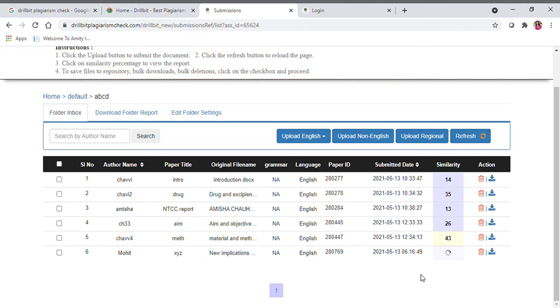Once this process is over, you can see, like for other files also,